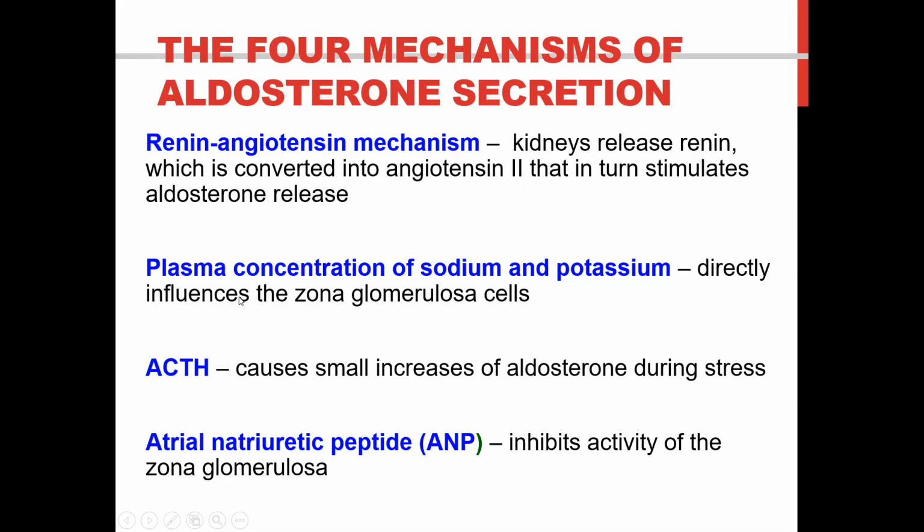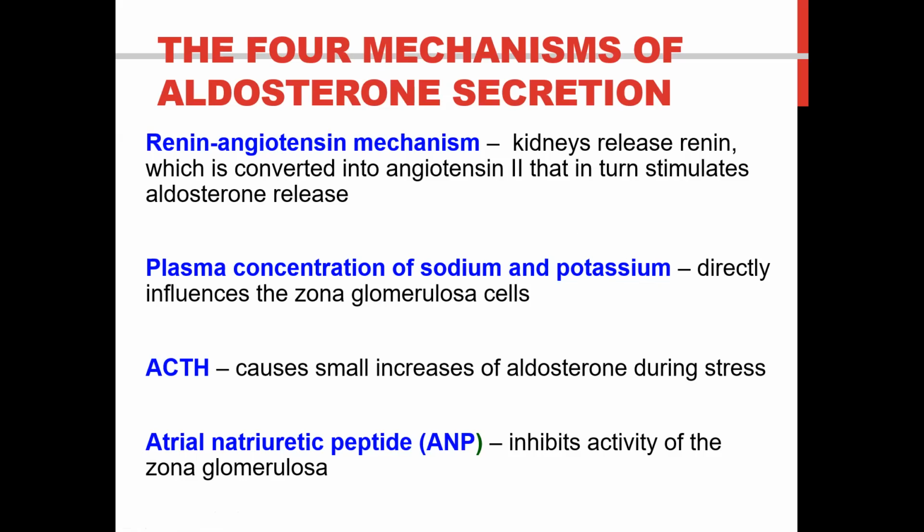Now, the second mechanism would be the plasma concentration of your sodium and potassium, which directly influences the zona glomerulosa cells. Of course, it's actually understandable, class. So if there's hyponatremia, this would stimulate aldosterone secretion. And if there's hyperkalemia, this would also stimulate aldosterone secretion, by increasing the secretion of potassium by the